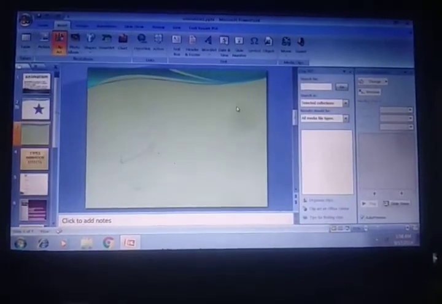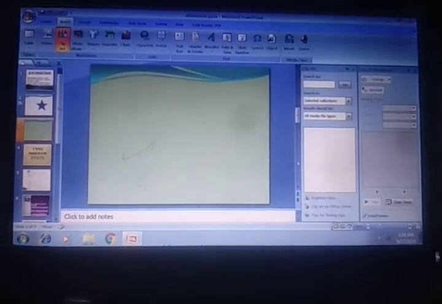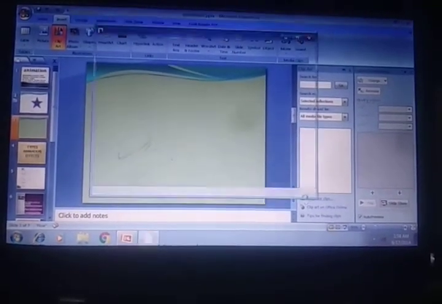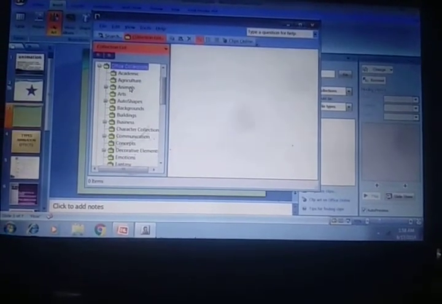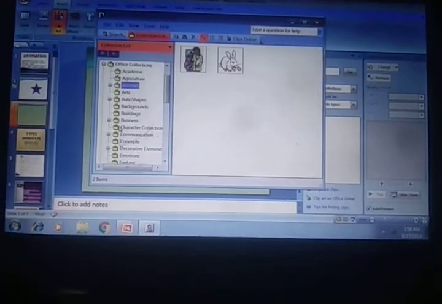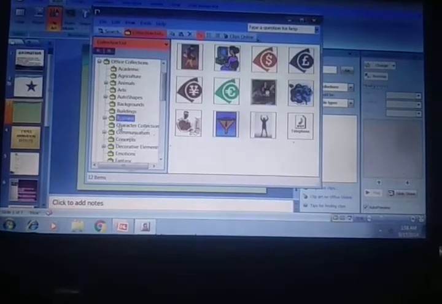Another example, to organize clip, office collection. This is the office collection. Which folder do you want? Concept, drawing, buildings, business, auto shapes, animals, buildings, business.